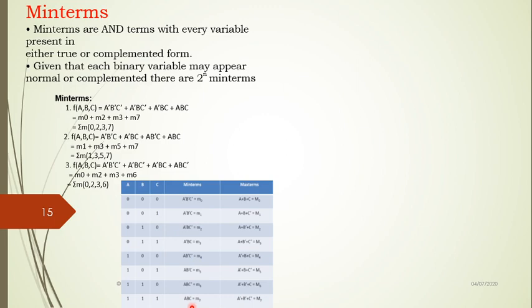That means here we will find 2 raised to n min terms which are possible based on n number of variables for that given function. So if the number of variables for this particular function is 3, definitely 2 raised to 3, that is 8, min terms are possible. Now, how to get the min terms' presence and how to represent that in the equation, we will see with the help of these examples. So here the function is of 3 variables.